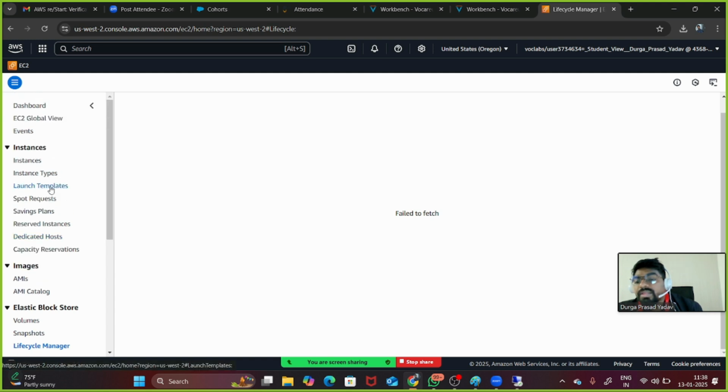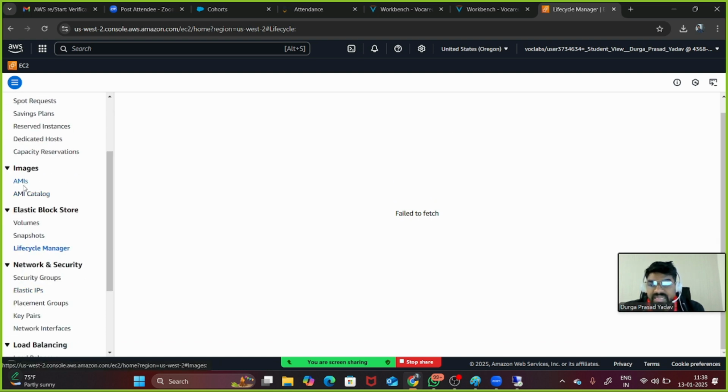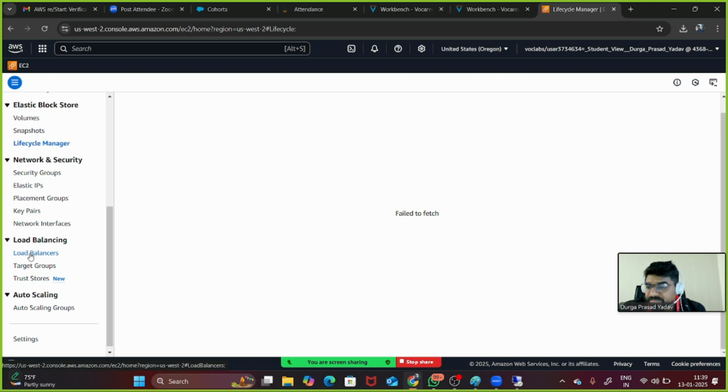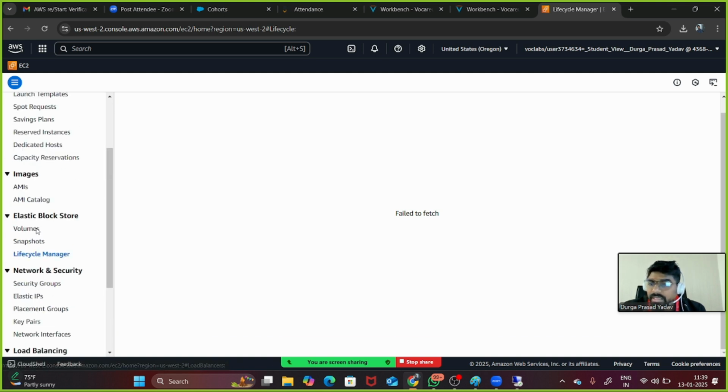Did you understand, guys, how these volumes and snapshots work here? Yes, sir. All right. So in this, AMI we have seen already in my catalog. Today volume we have seen, snapshot we have seen, and lifecycle manager. Day after tomorrow we'll start from here, and then we'll complete this part and this part also. The next 3-4 days will take to complete, meaning the coming 1 week it will get over, then we'll jump into Linux. All right, guys,